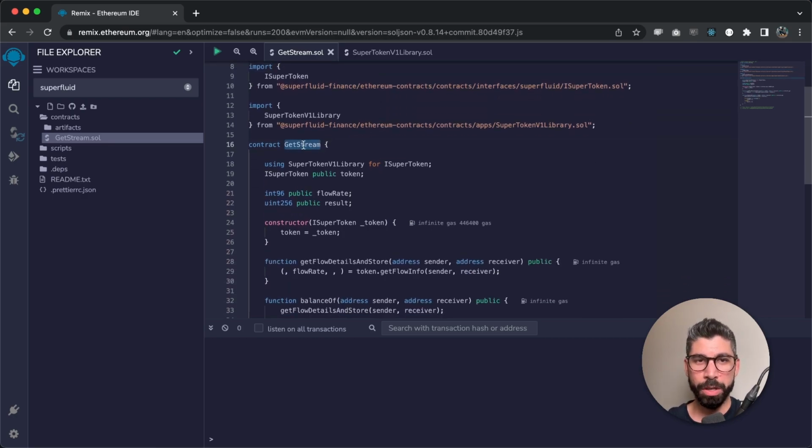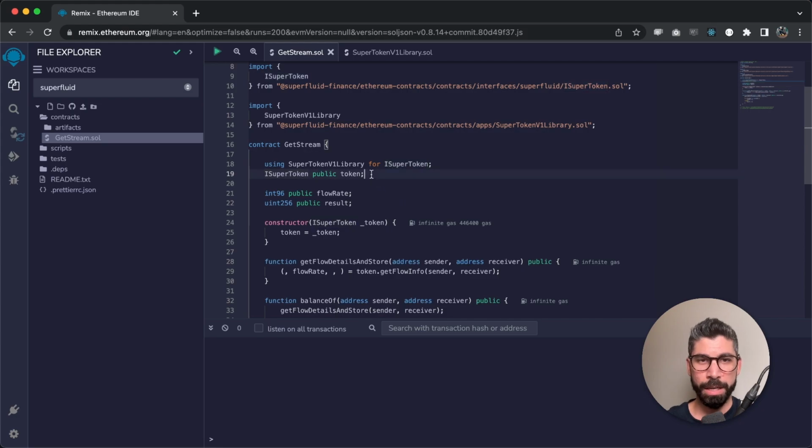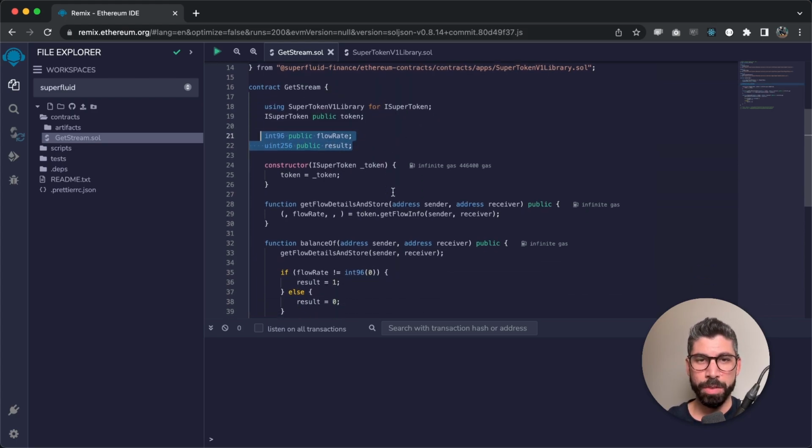Then we create the contract, the GetStream contract, and we're going to use a SuperTokenV1 library for ISuperToken. That means we can use the functions that already exist within this SuperTokenV1 library. Let's declare this ISuperToken a public variable named token, and then two more variables that we will need later on. The constructor will take one parameter, and it's going to be the token address that we want to check